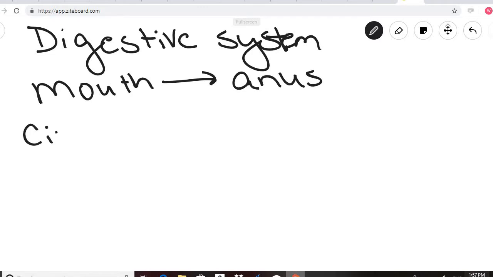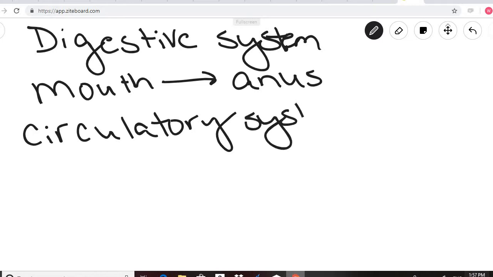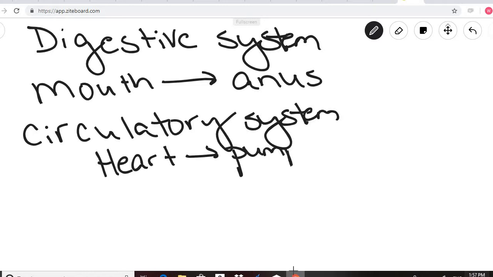If we look at the circulatory system, they have a heart that pumps blood. So the heart does act like a pump. However,